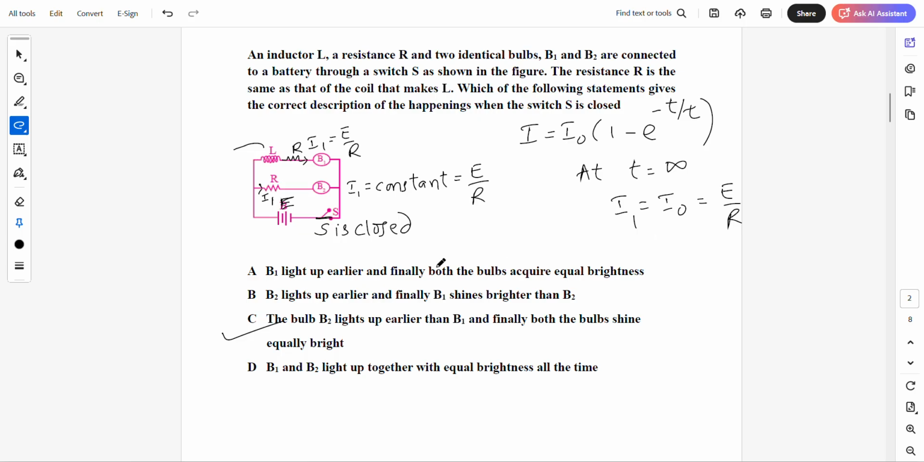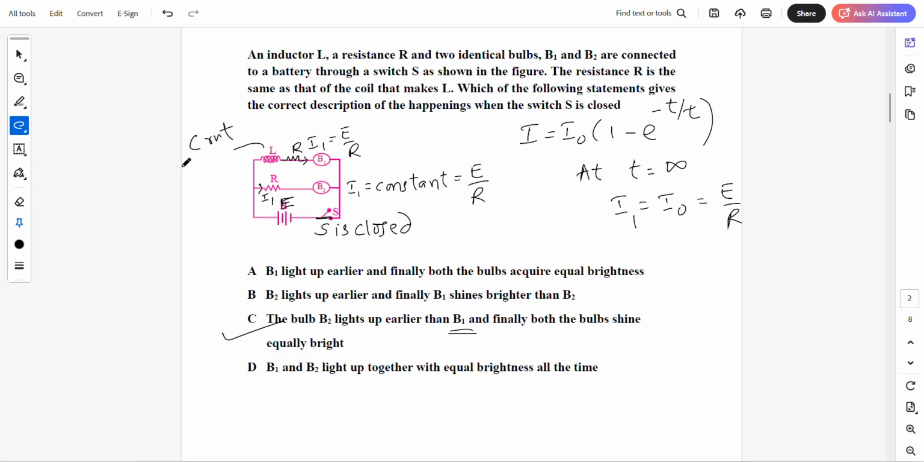instantaneously in case of inductor. Therefore, the bulb B2 lights up earlier because I1 is constant. As soon as you close the switch, I1 is constant, I1 is equal to E by R. Therefore, bulb B2 lights up earlier than B1, because it takes time here, since the current does not change